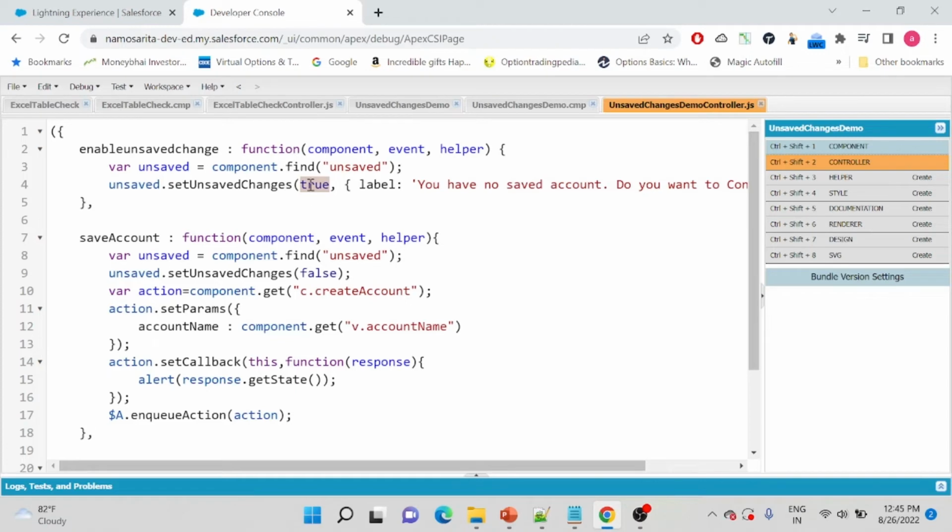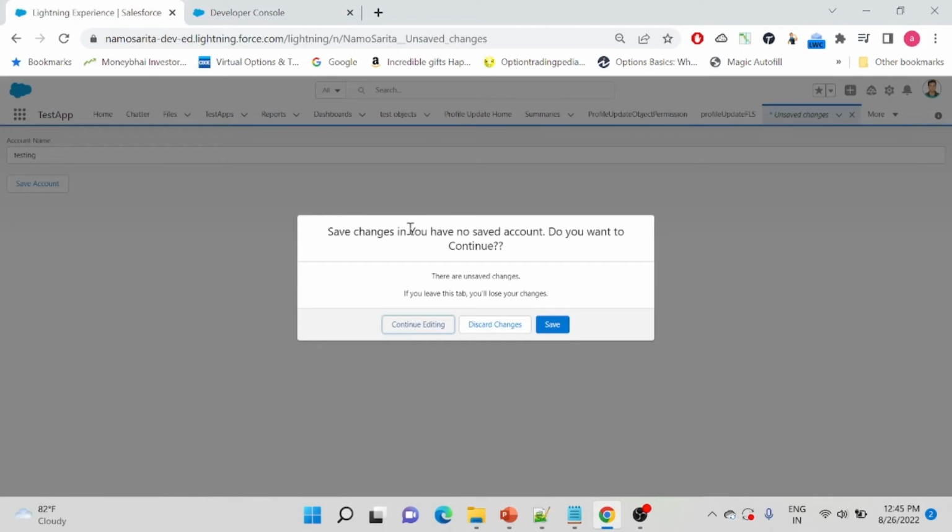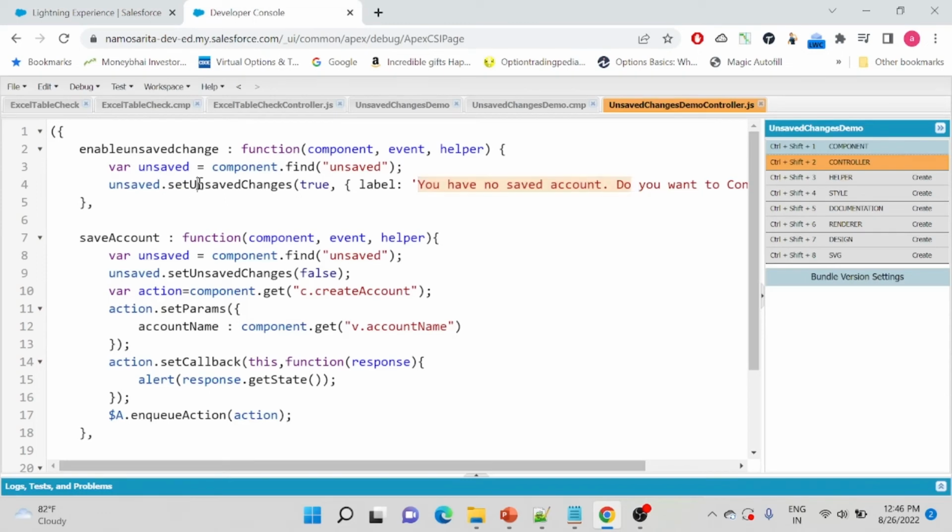Here I'm giving it as true, and then you have another option to provide a label. Your second option will be an object. In the object you have many attributes and variables. One of them is label. Let's say I have given a label here: you have not saved account. This is a custom label which I gave, and on the UI in the pop-up you can see that the value which I have provided in the label has come up in the pop-up header. Now, since I started typing into the text box and I set the unsaved changes as true,